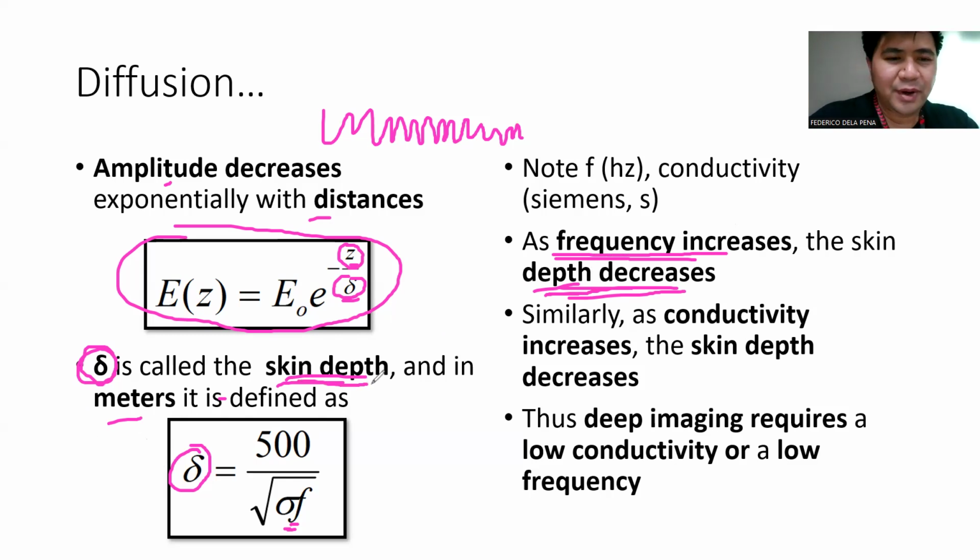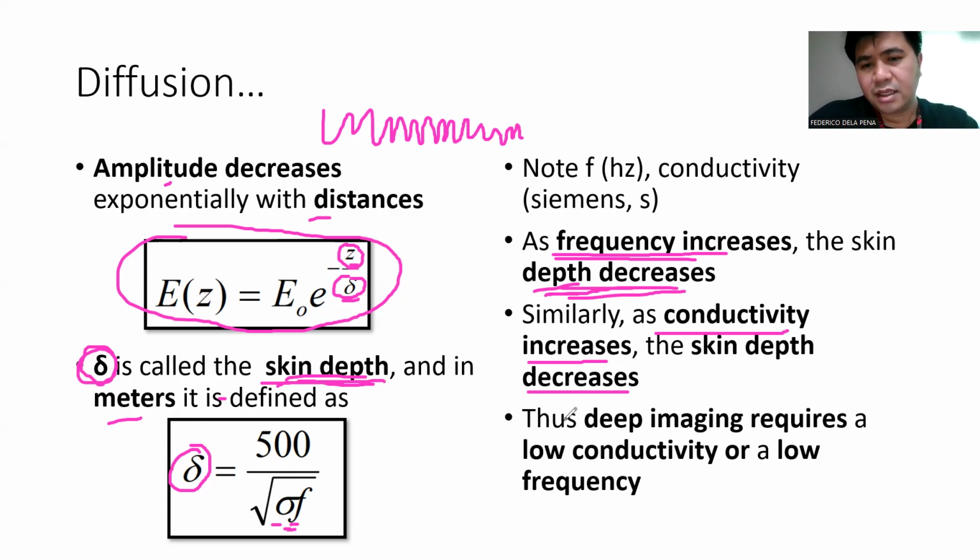It's a number which represents the penetrated depth. It's the depth penetrated by the EM signals. So generally, the higher the frequency, the shallower the penetration, because you lose a lot of energy. Conductivity also, an increase in conductivity will also decrease your skin depth, because whenever the ground is more conductive, you tend to lose a lot more energy due to heat conversion.